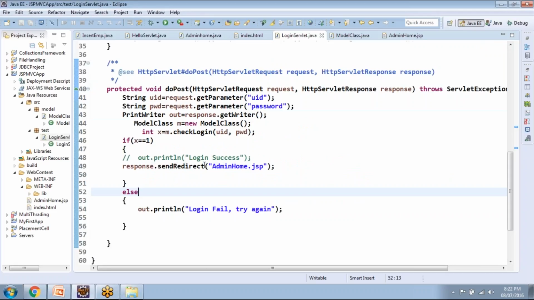Now when any user provides the user ID and password, the web browser never shows the login servlet. Directly it will show admin home. The login servlet is executed, but it diverts the execution to the admin home quickly. That's why nobody can see the login servlet name in the web browser URL. Now on the admin home,